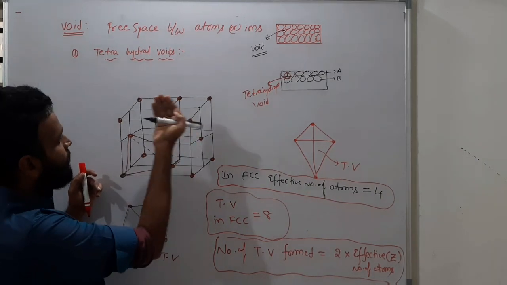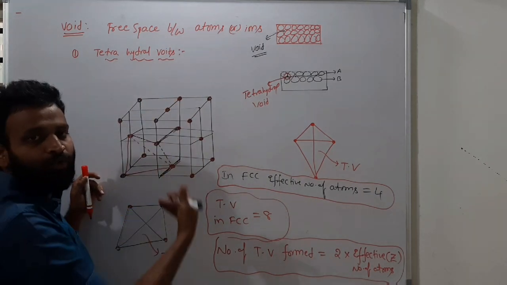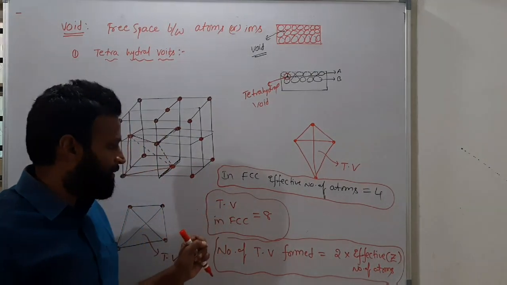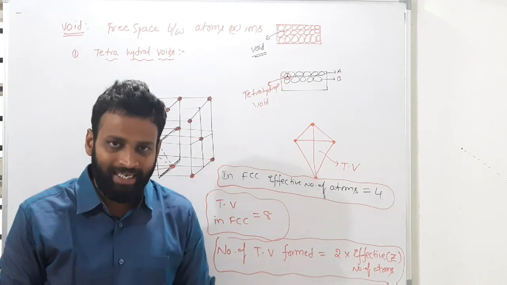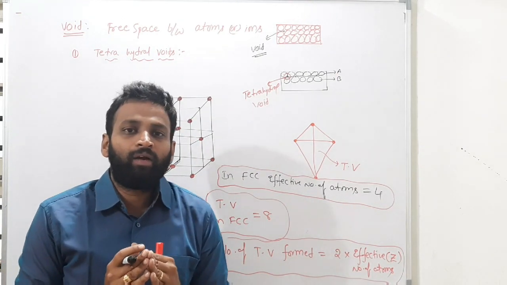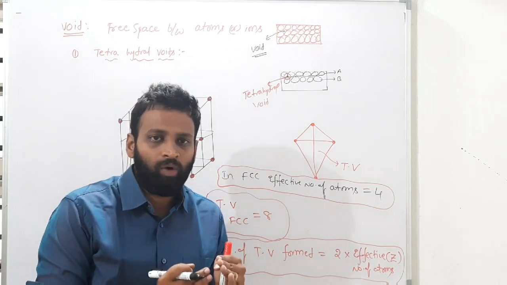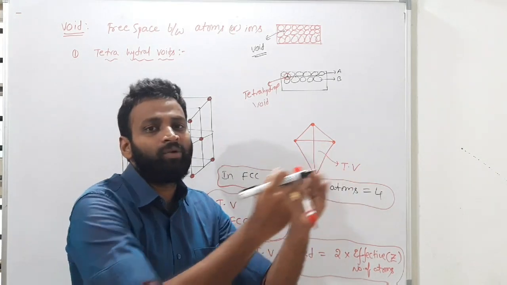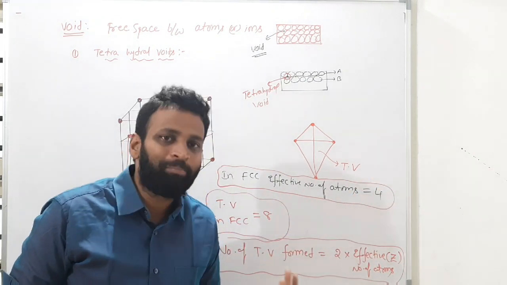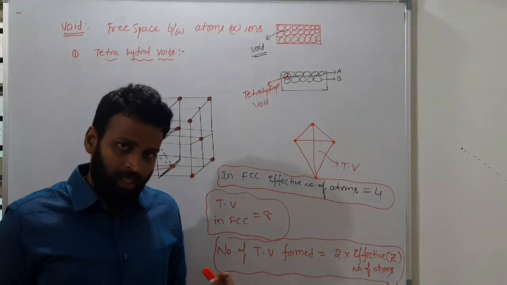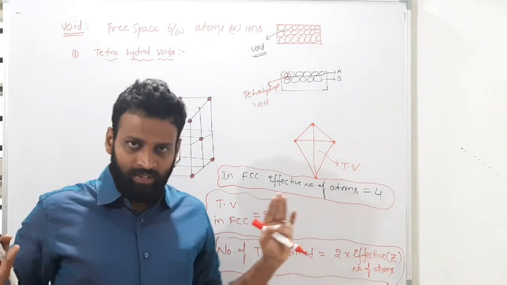So 1 here, 2 here, 3 here, 4 here. So 4 you are having here on the front side towards you, and on the back side, away from you, 4 tetrahedral voids are forming. So from this example, not only here but anywhere, any type of crystal lattice, you can say like this. Listen carefully to what I am saying. The number of tetrahedral voids is equal to double the effective number of atoms, or simply double the number of atoms present. I repeat: the number of tetrahedral voids equals 2 into the effective number of atoms.